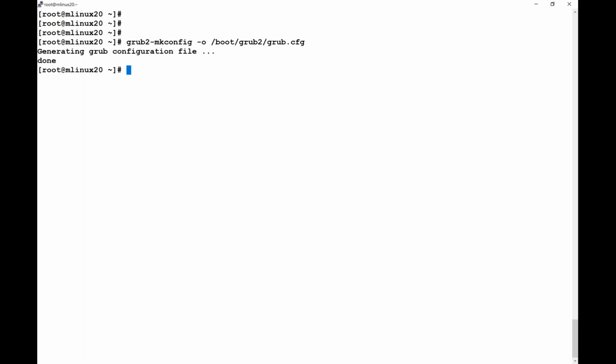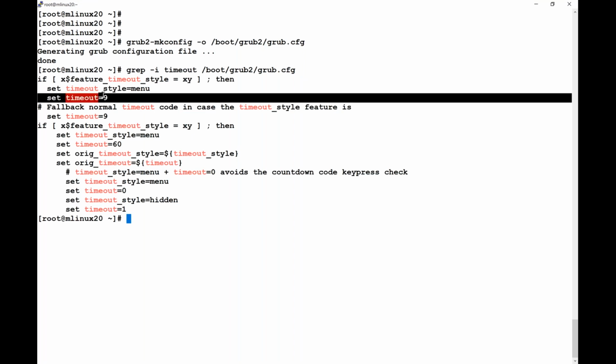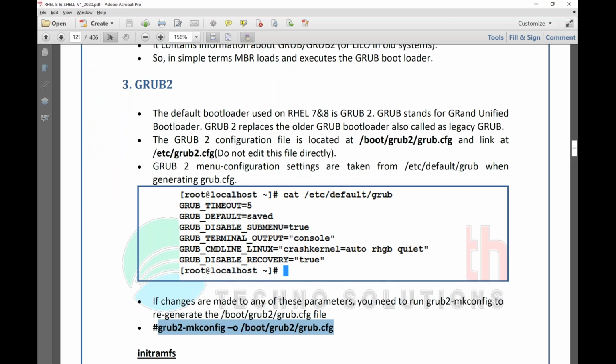So it says done. There are no errors. Now if I go with timeout value one more time to grep it, you see it increased to 9 seconds. Earlier it was 5 seconds, which is now changed to 9 seconds. Now, once the system starts the booting process,